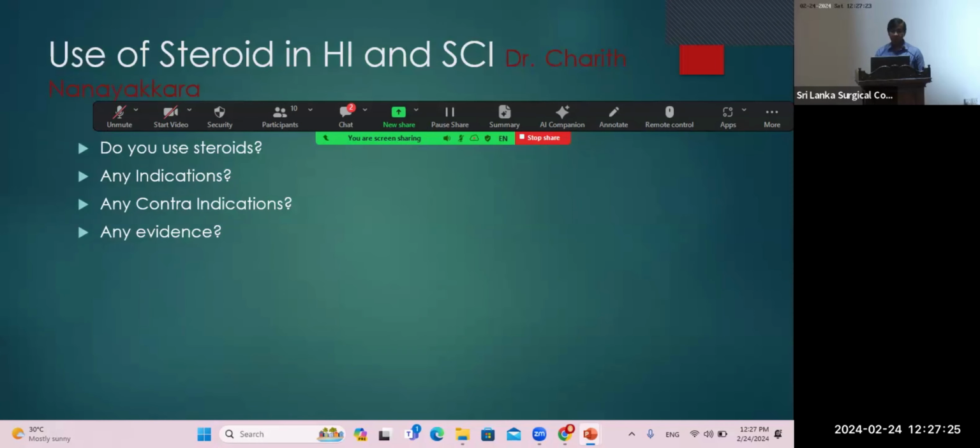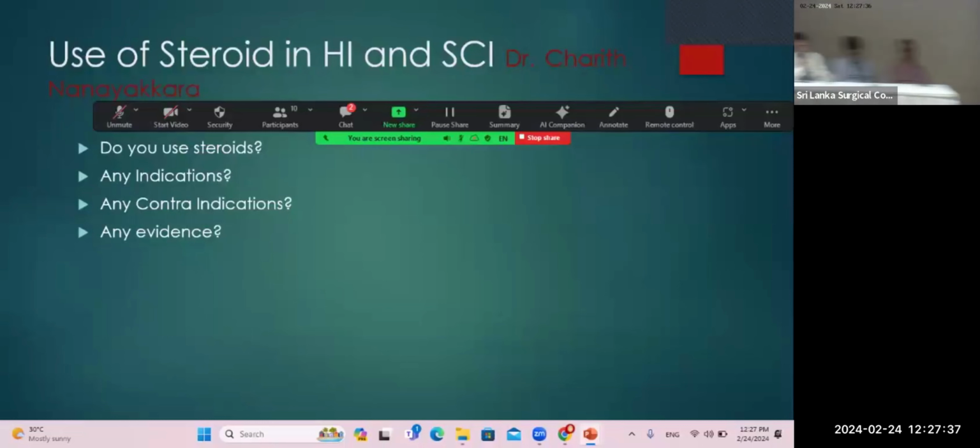However, as I think Dr. Sanjeev Garusing mentioned in his presentation about the CRASH 1 trial, and CRASH 2 and CRASH 3, we have something positive, meaning tranexamic acid can be used. But CRASH 1 is for steroids, right? In head injury, we can't use it based on that. It increases the mortality. Initially, people thought it would reduce the mortality by 15%, but after the study, they realized it actually increases the mortality by 18%. So because of that,